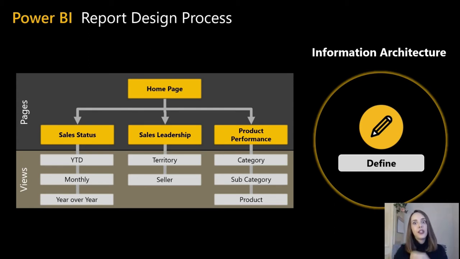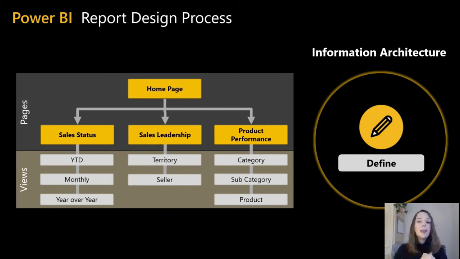Information architecture is about how we organize the information that we are going to display in the pages that we are going to build, the views, and so on, as you can see here in this example. Without good information architecture, there is no logical and effective user experience. This is the foundation for everything else we are going to build. The content in your report needs to have a logical distribution. Here we are going to define that logical distribution, that structure.